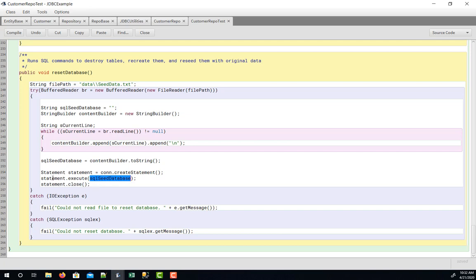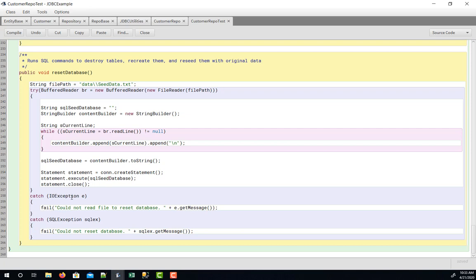So this will effectively, as we talked about earlier, we don't get a result set back, but essentially a statement can run any data definition language or any data manipulation language command. In this case, we're running both. We're running data definition commands to remove constraints, delete the tables, create tables, and then the data manipulation commands to